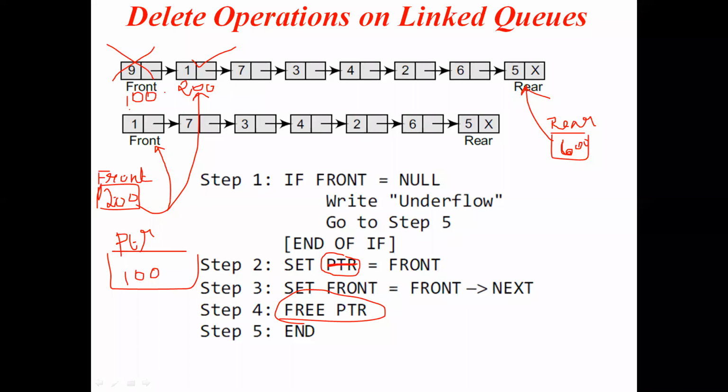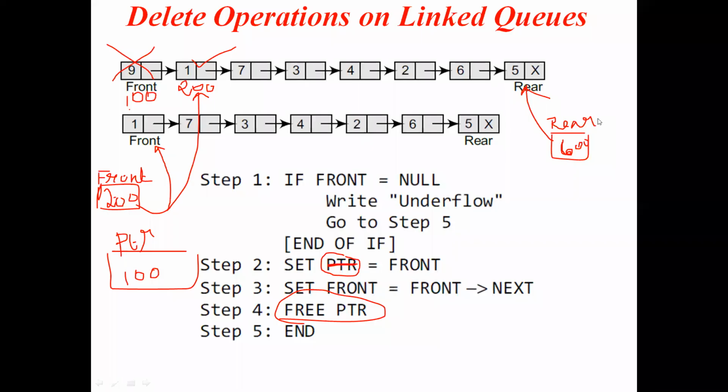Is it okay? Shall we move to the next topic? Guys, is it okay? Only the front value is updated. The rear value remains the same. Keep it in mind, rear value does not change. At one stage, what happens when you keep on calling the DQ function without NQ operation? At one stage, front will come here also. Front and rear will point to the same node.